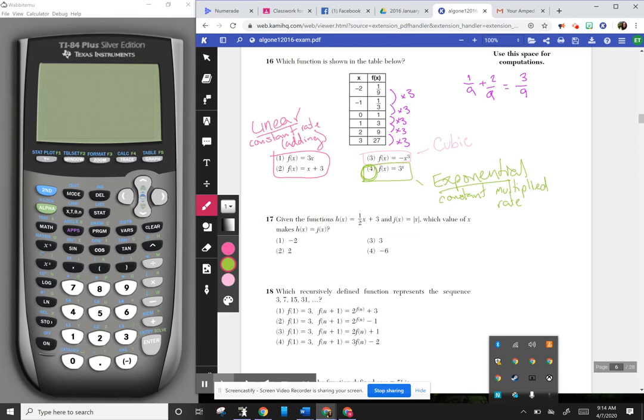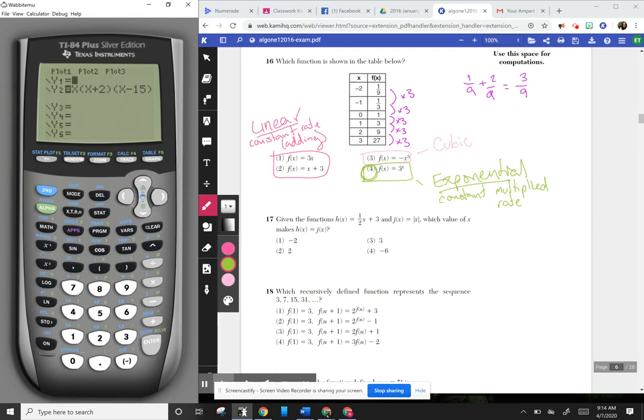But if you forget those rules, the other thing you can do is go into y equals and plug each option in. So like 3x, you would then go to second graph. And you can see that at x is -2, this is saying y is -6, not 1 over 9. But if we were to put 3 to the x,